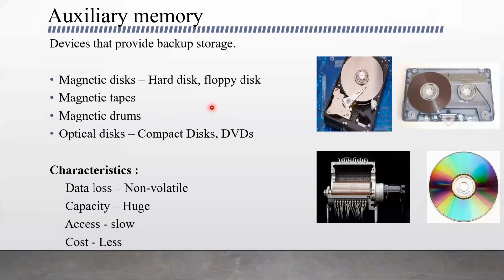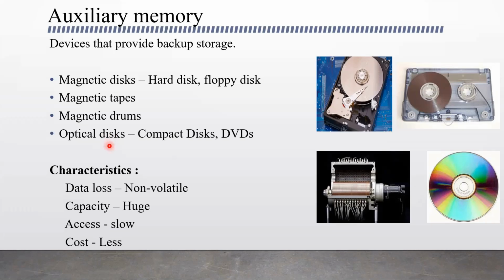And magnetic drums. Here we have a magnetic drum, the cylinder, which is used to store the characters. These are magnetized to store data, like the magnetic disk. We will learn about this in detail. The drum is rotated and the read-write head is used to read or write characters from this drum. It keeps rotating, and when it comes under the read-write head, that head reads or writes the character depending upon the operation initiated, whether it's reading or writing.